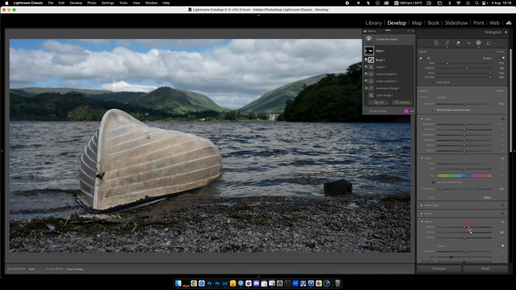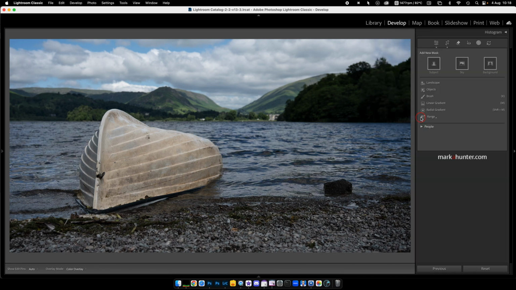There you go. So that was one way of doing it, just proving you can use as many things as you like in a mask. How would I have done it myself? Well, if I didn't want to demonstrate the fact that you can use lots of masks and pile them all up, I would have probably gone straight for colour